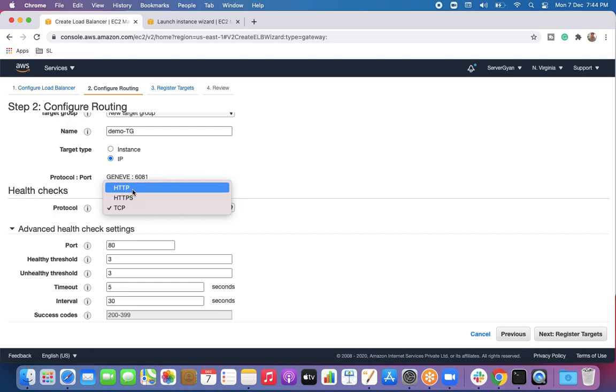These are the particular protocols which ride on top of TCP, right? So we can select here TCP port 80, and whatever port you want. Let us say your application is running on port 880, you can define that port. Same thing goes for the healthy threshold, unhealthy threshold, and everything you can decide here. Now the success code is going to be here, 200-399. These are default values here, right?